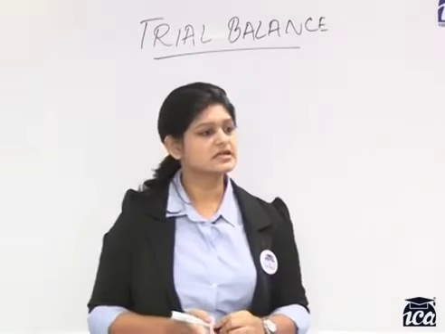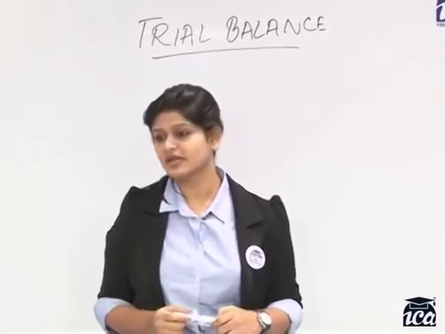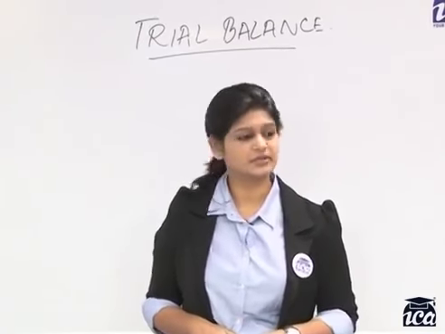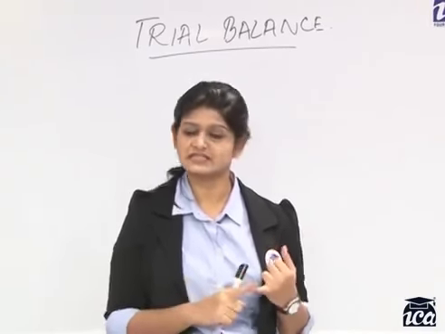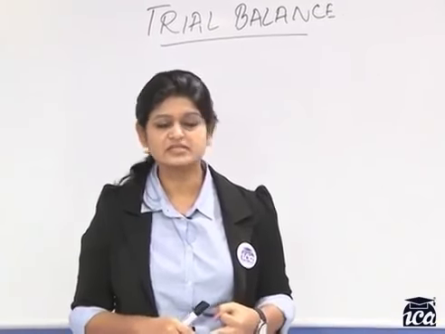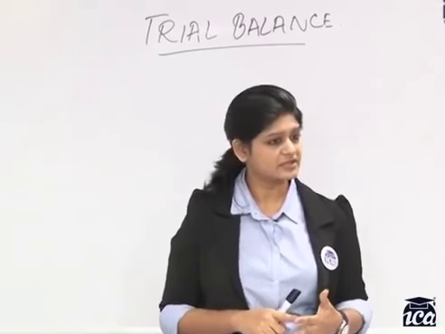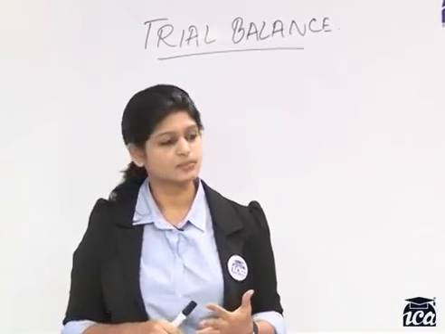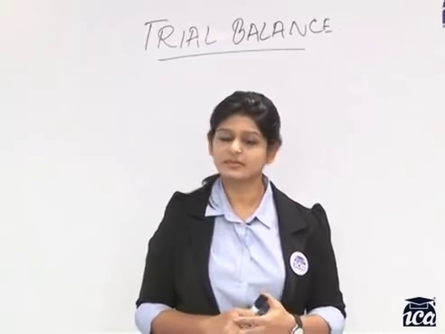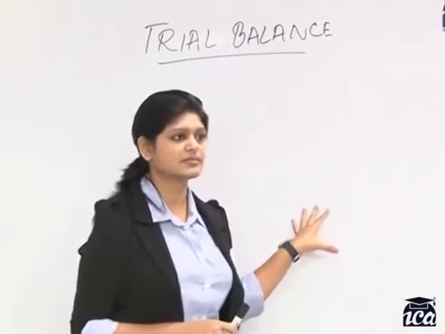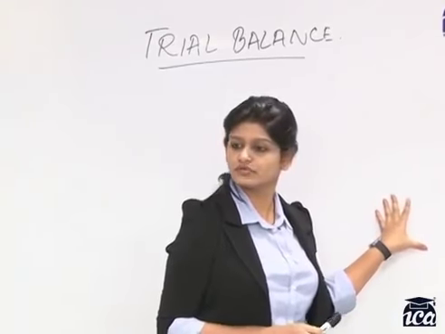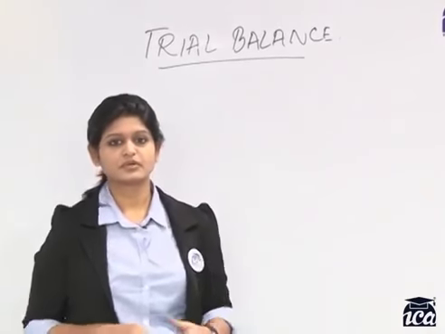A trial balance is a list of balances of all ledger accounts and cash book. Adhering to the principles of the double entry system, all the assets and expenses are posted in the debit column of the trial balance and all incomes, liabilities and owner's equity are posted in the credit column of the trial balance. As per the double entry system, the total debit amount of the trial balance should match with the total of the credit amount. Okay?